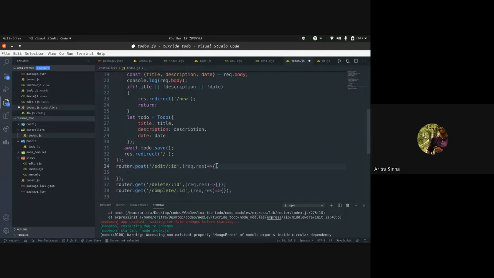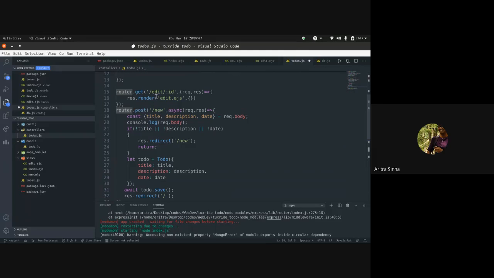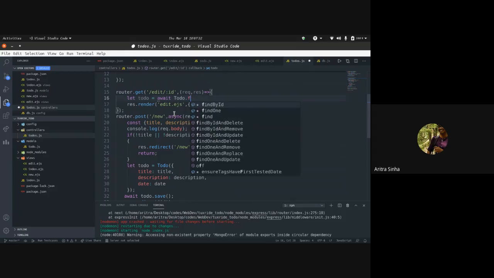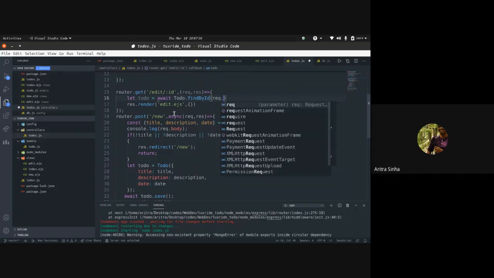After this, there is some change that we need to make right here inside the get to-do. Here we'll write let todo. So we are taking the ID in the URL parameter only, right? So it will be await Todo.findById, and we just give it request.params.id.